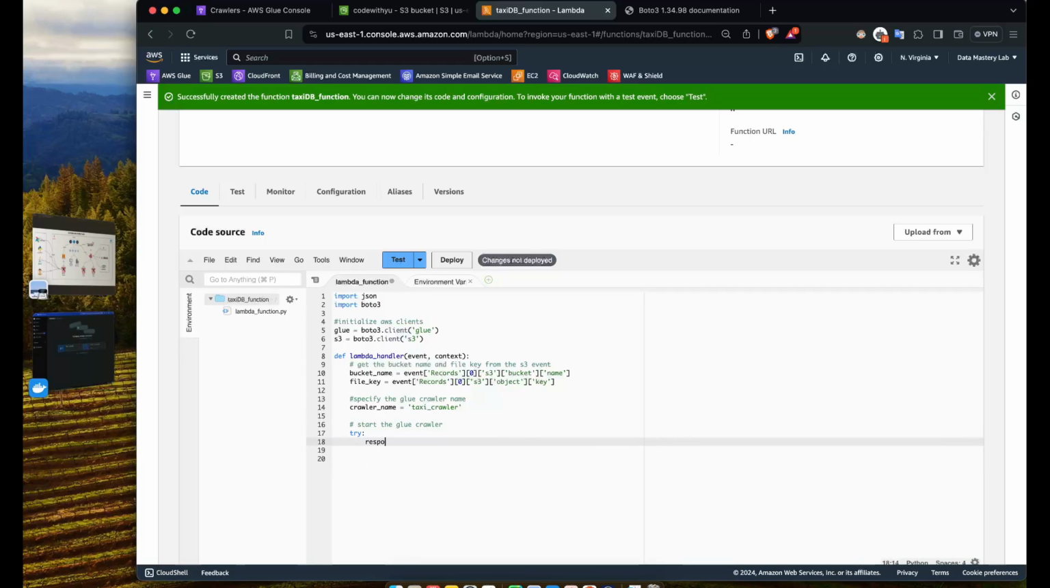You just say, if there's any response, glue.start_crawler, and the name of the crawler is going to be crawler name, glue.start_crawler. Okay, and I can just easily print, maybe I'll just use the string formatting. I'll say glue crawler with the crawler